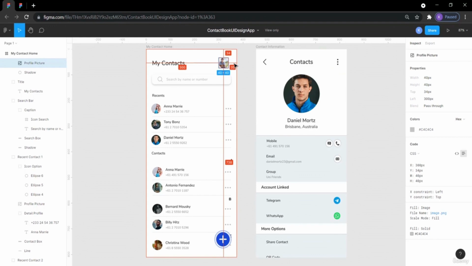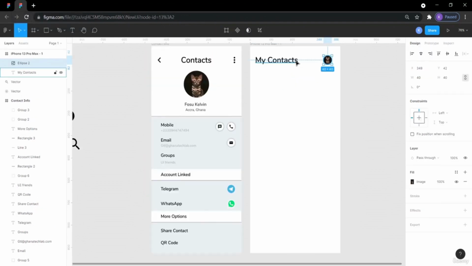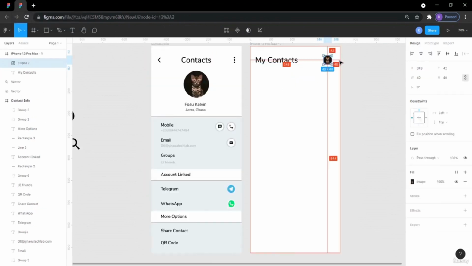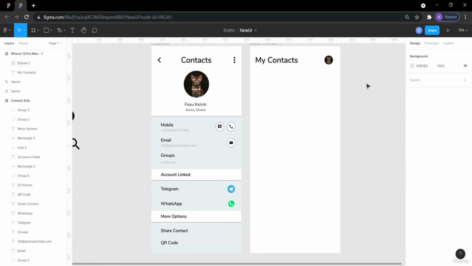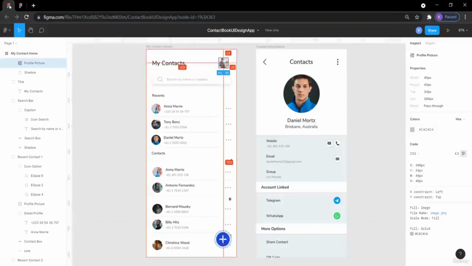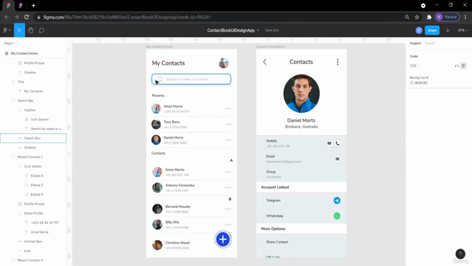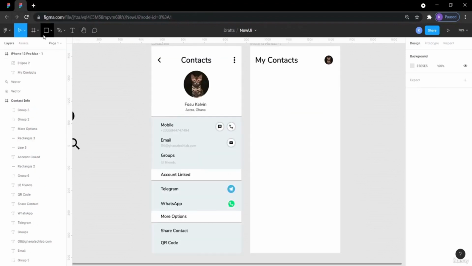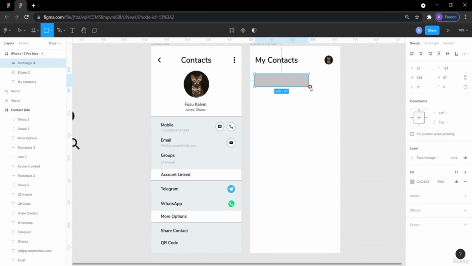So here is 35. Okay, so Alt, so it's 40. With the right arrow key, I'm going to move it to 35. Okay, so this is quite okay. And then we'll do that of the search bar. With the search bar, we'll have to use the rectangle tool. Then I'm going to draw here,